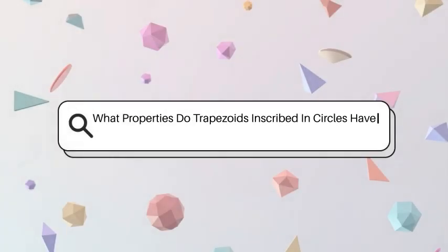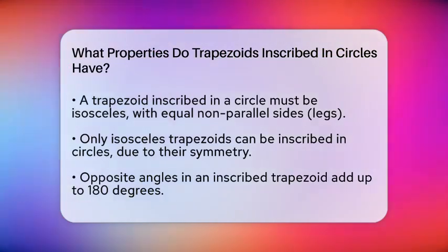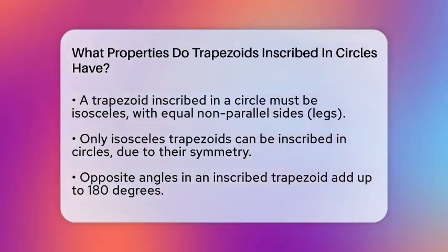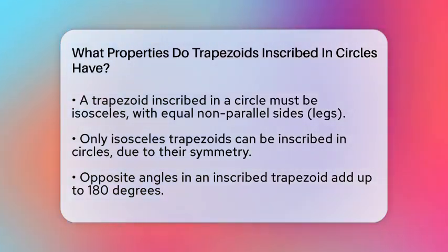What properties do trapezoids inscribed in circles have? Imagine a shape that fits perfectly inside a circle, touching the circle at exactly 4 points. Now, what special features does this shape have? Let's find out. When a trapezoid is inscribed in a circle, it has some unique properties that set it apart